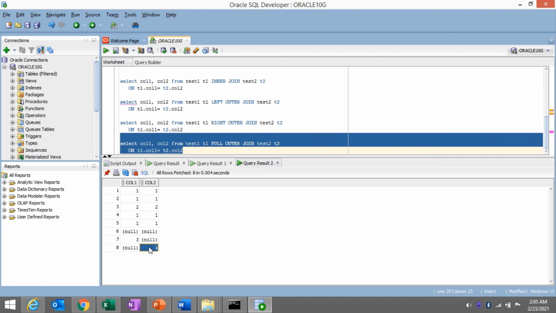Same thing for 4 also. In the right side table we have the 4 value, and we don't have any value in the left side table, that's why we got the null value here. But the null value that we specially added gives null again, so we get only one record for that specially added null value.